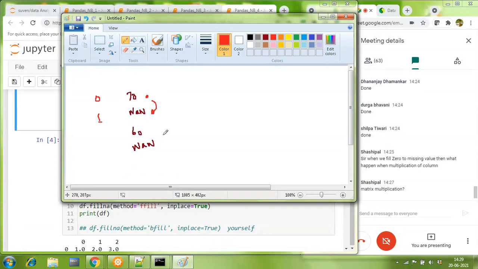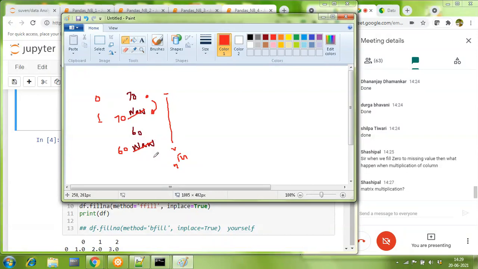So as you move forward from the 0th row to the nth row, your value filling will start. So this NaN will get replaced by 70. This NaN will get replaced by 60. This is called a forward fill.